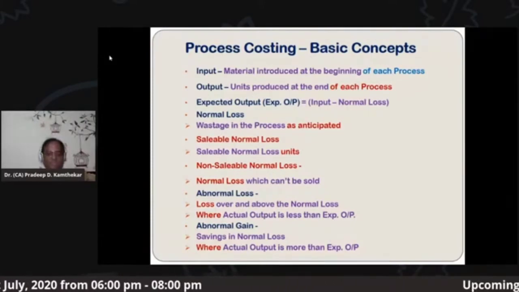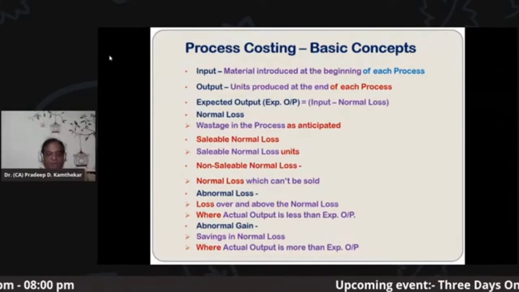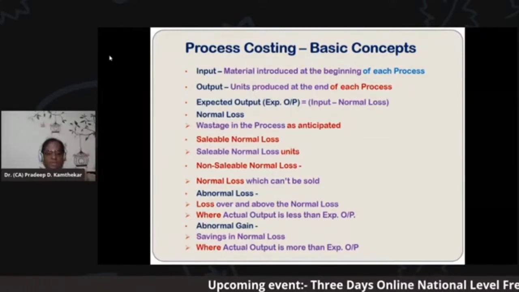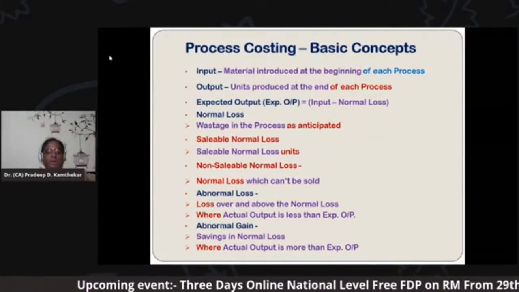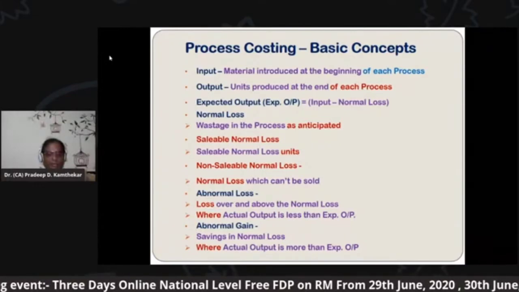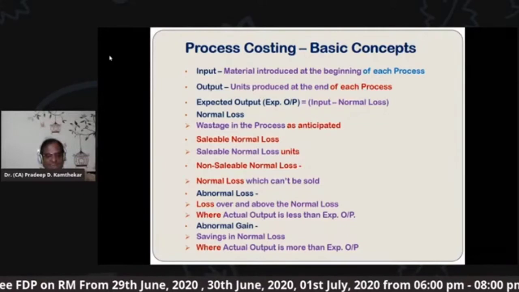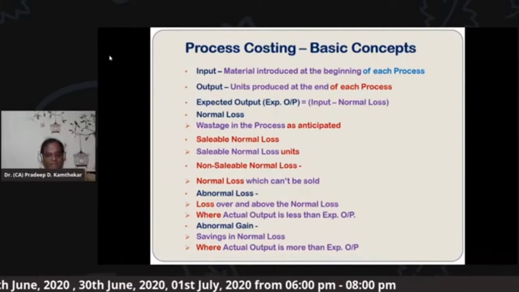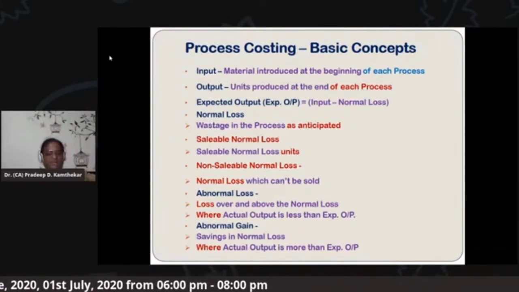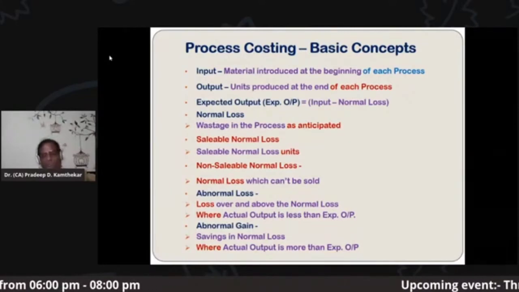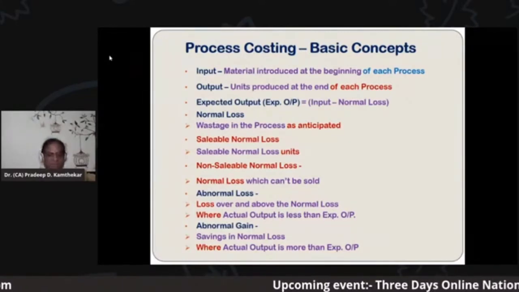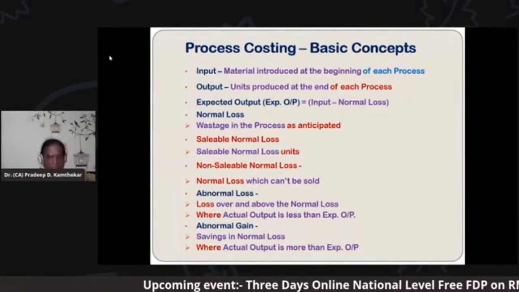That we'll see in the next slides. But right now we have to understand that abnormal loss is the loss which is over and above the normal loss. Mathematically, it is where actual output is less. It was expected to be 9,500, but it is say 9,400, so we say 100 units more lost